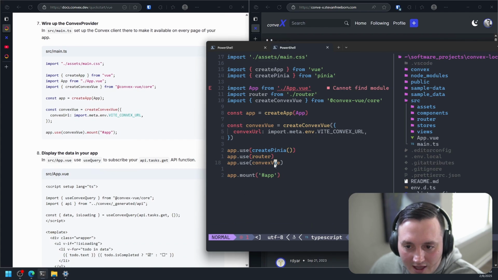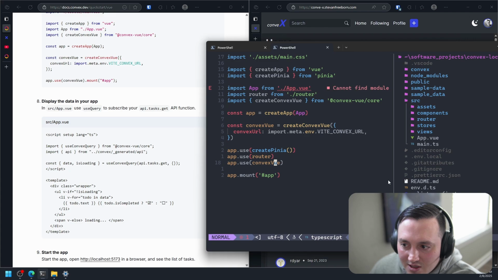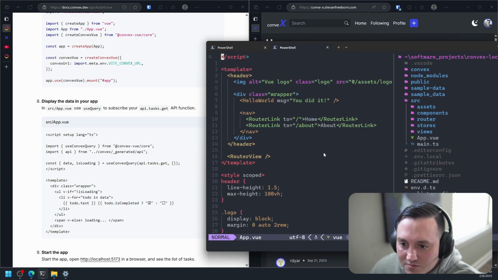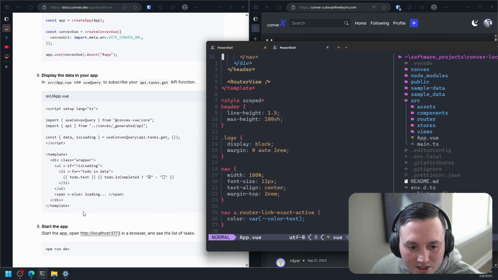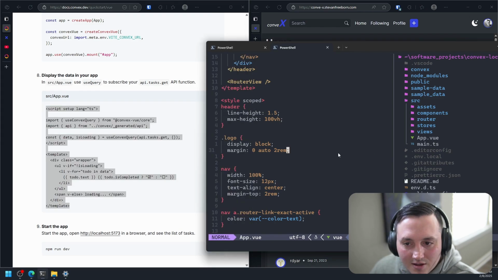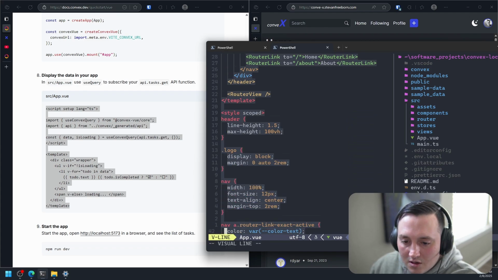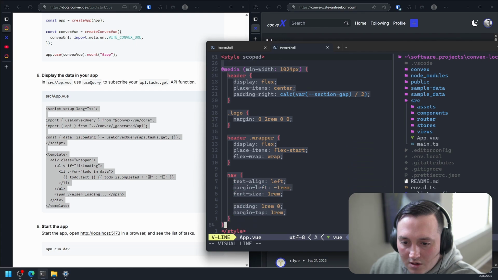Okay, so with that, should be good. Now we just want to display our data. So now we'll go to app.vue. And we're just going to basically wipe everything we have out in there. Or maybe not.